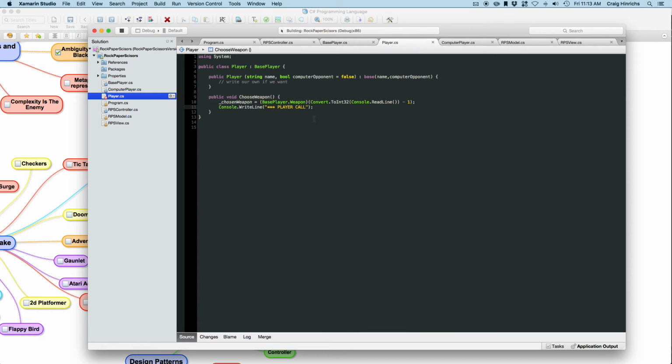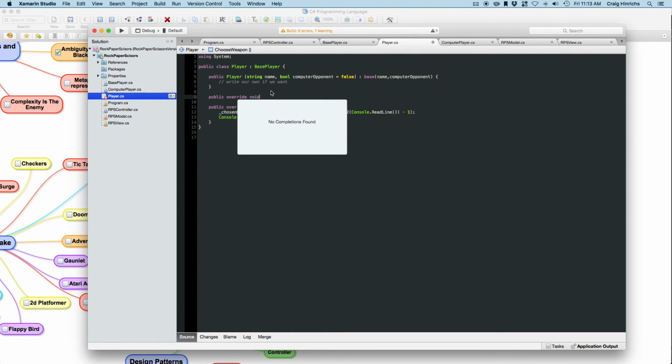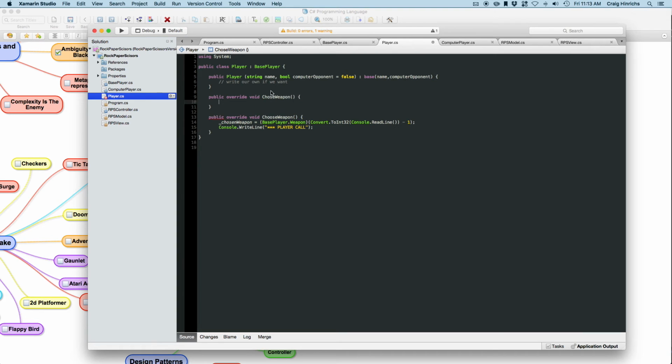And then here, what we can do is we can literally say override. So we're making it explicit that we are overriding a function in the base player class. And again, this is so important because when you're writing code, let's say, for example, I misspell it and I do public override void choose weapon. Oops, why did I do that? Choose weapon. Okay, and then if I